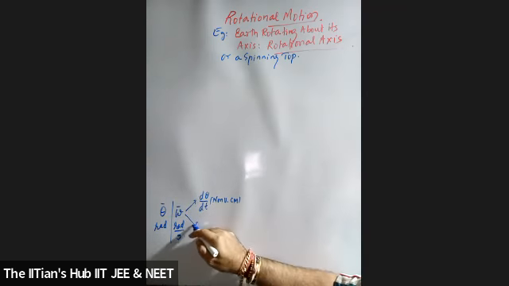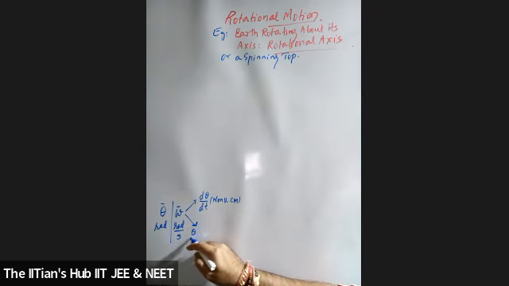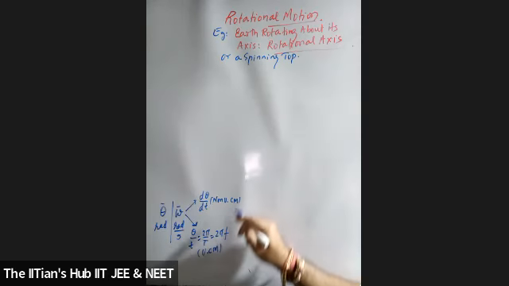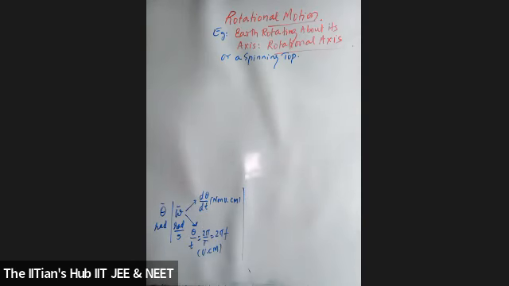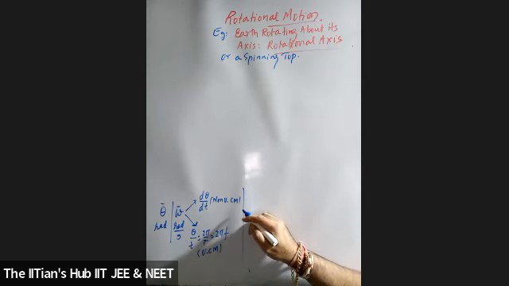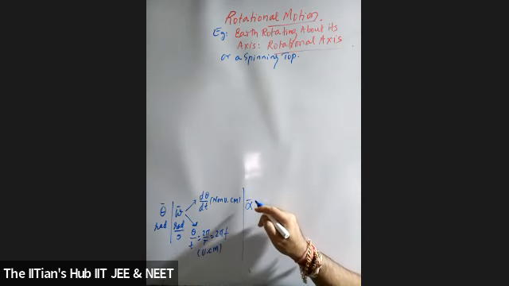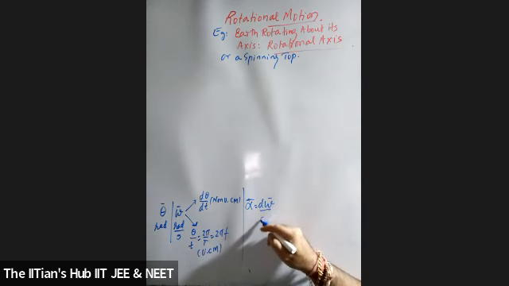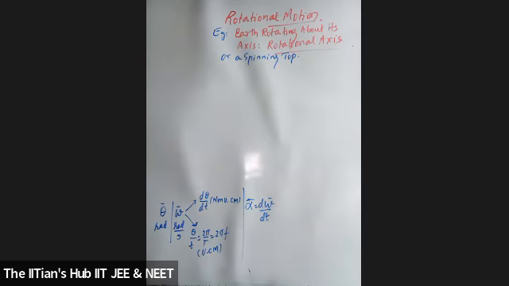Whereas omega can be written simply as theta by t, which is 2 pi by capital T, which is equal to 2 pi f. That is for uniform circular motion, students. So that's omega, and it's a vector quantity. Then the next relation is angular acceleration. Angular acceleration is simply the rate of change of angular velocity with respect to time, so it's omega 2 minus omega 1 upon